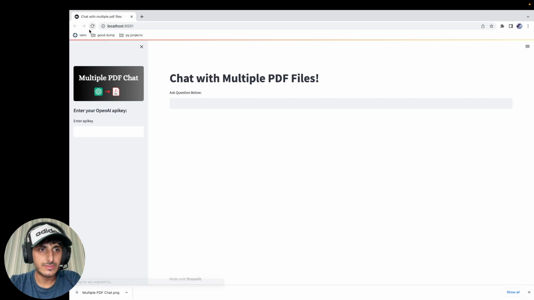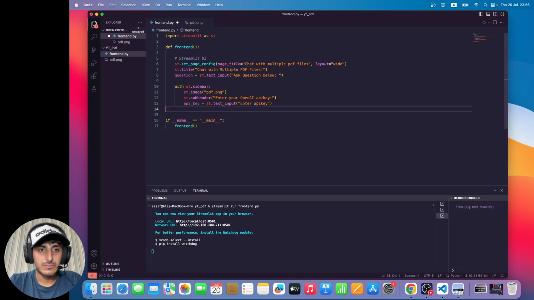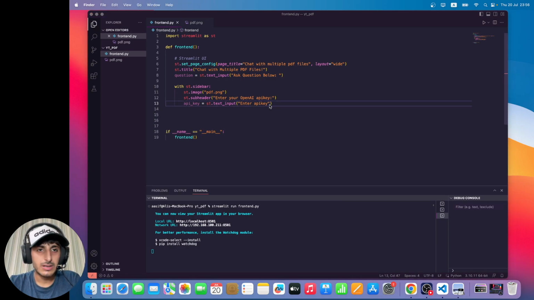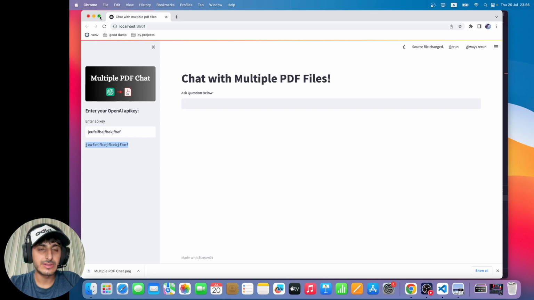So reload this. Let me just write a random key. There we go. So we now have the API key stored inside of this variable, and we have the ability to call that whenever needed. Another change we are going to make over here, with this API key, what we want to do is when the user enters the API key,